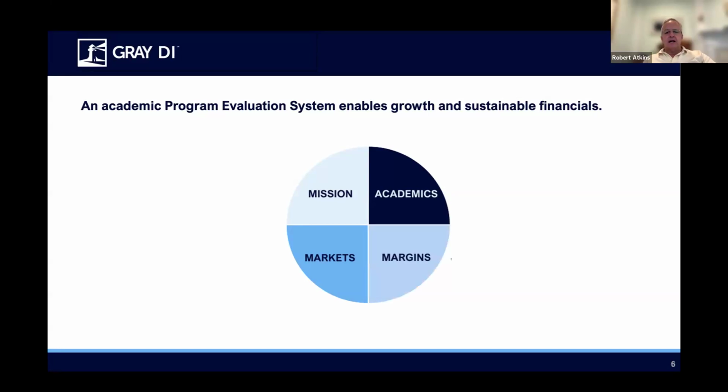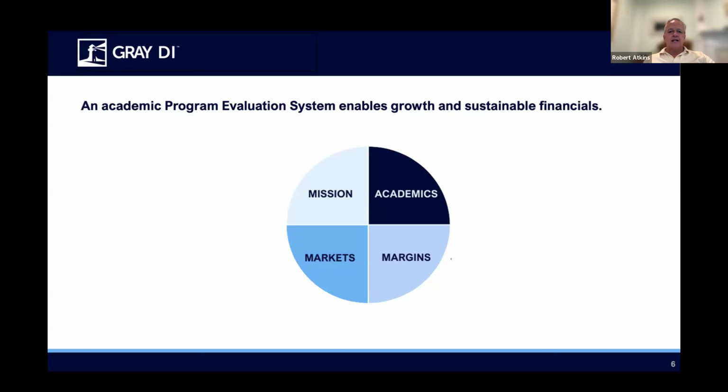Then you've got to take into account margins, not because you're for-profit institutions. I'm sure probably nobody on this phone is. But if you don't have margins, there's no mission. You've got to have programs that generate enough margin to subsidize the small mission-critical programs that can't stand on their own two feet financially. That subsidy is fine, but you need to understand your margins in order to know which programs can subsidize other programs and whether the total positive margin is enough to support the total program portfolio and the institution as a whole.